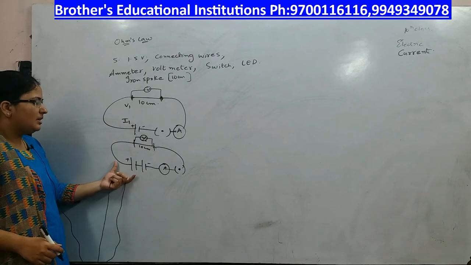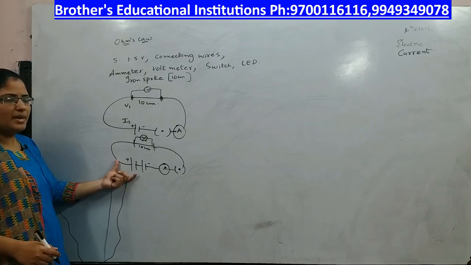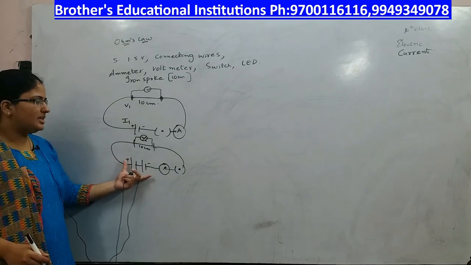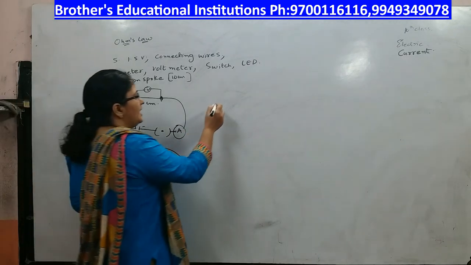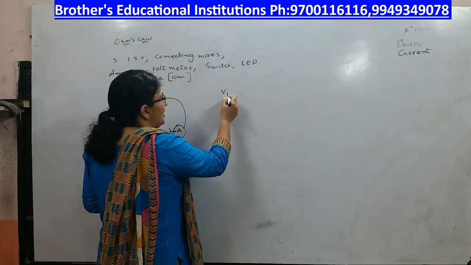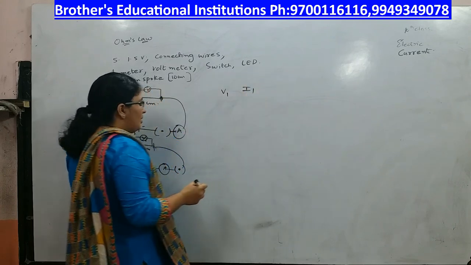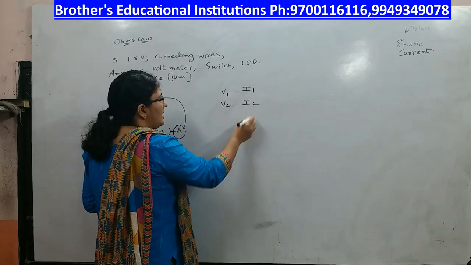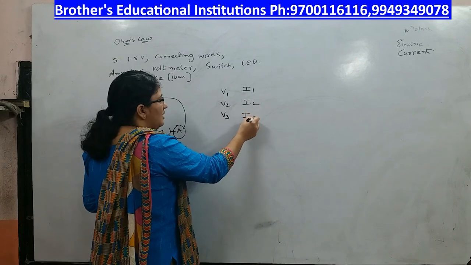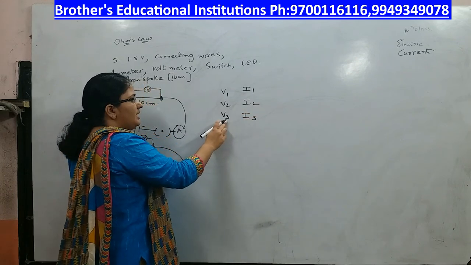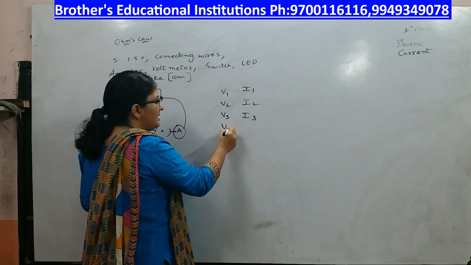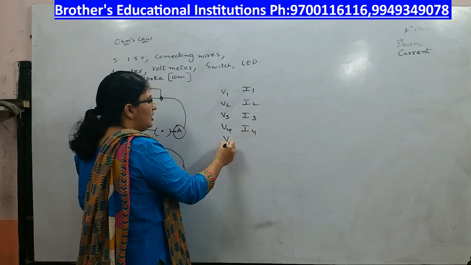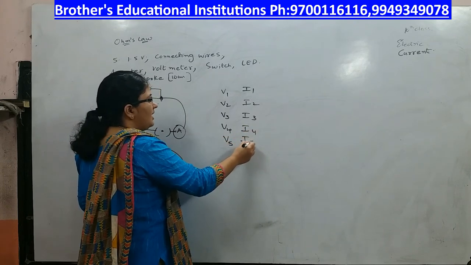Connect three cells. When you are connecting three cells, the potential difference further increases, because of which the current also increases. Let us say in the first case you got potential difference as V1, current as I1. Next time you are adding two cells. Let us say the potential difference offered by them is V2 and current is I2. Third case, add three cells. Let us say the potential difference is V3 and current flowing is I3. Next case you are adding one more cell, potential difference V4, current is I4. Next case you are adding one more cell, potential difference is V5, current is I5.